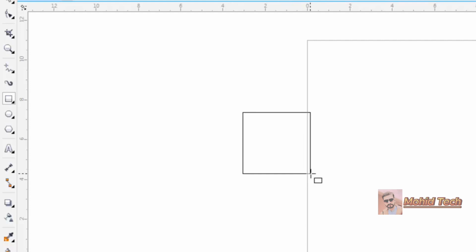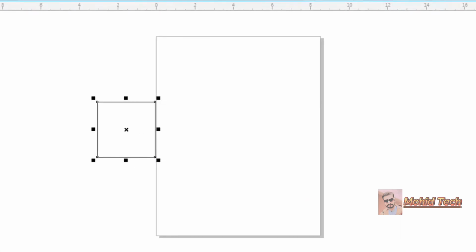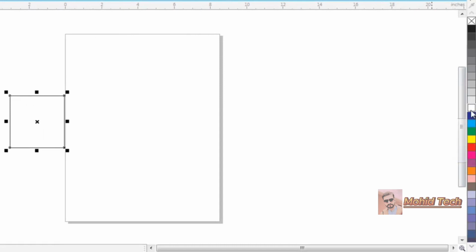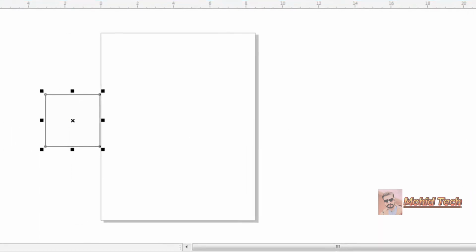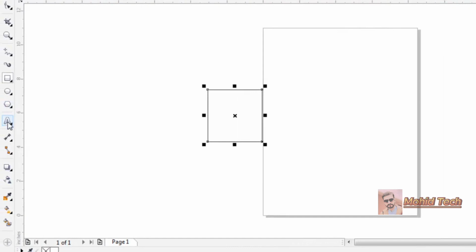We'll create a small box, and inside this we'll fill the color, the white color, as the inside color of this simple box. Now we will take this text tool, we'll click inside this box